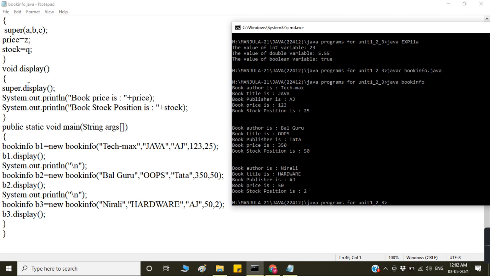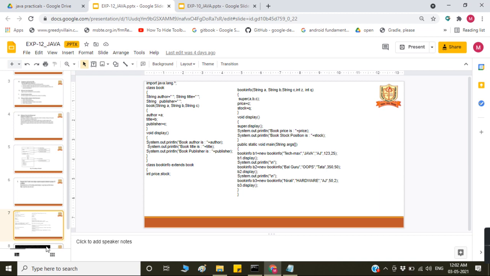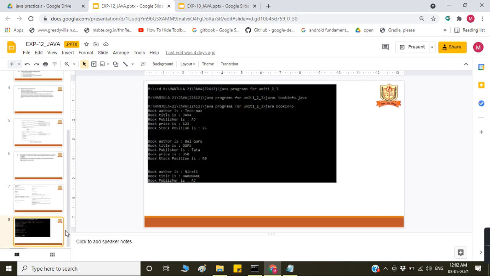In the subclass display method, we also called the superclass display method. That's why these three statements are seen here, and these two statements are from this display method. Is it clear? Yes. So this is the output. That completes this EXP 12.